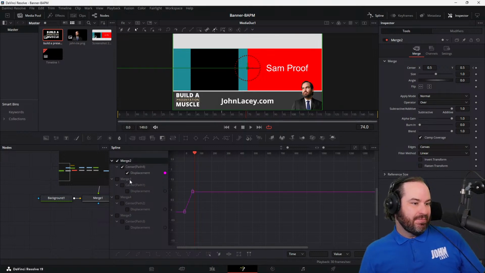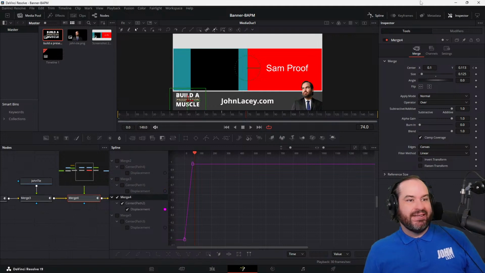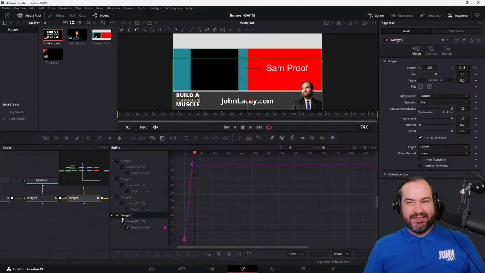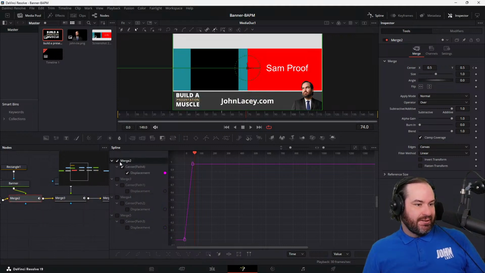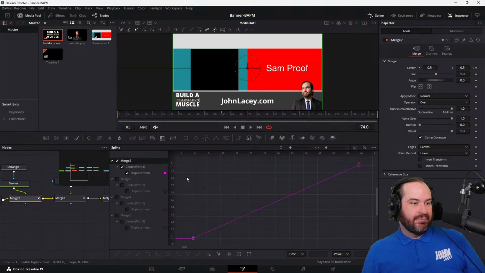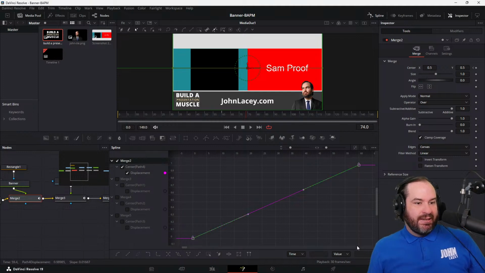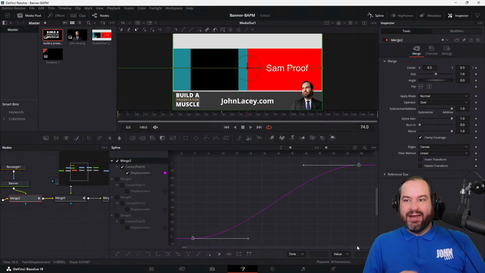Let's go to the merges and I'm going to bring on, I'm in the spline editor now. And it doesn't look like I can actually merge these all in the same way, but that's okay. Zoom to rectangle. Okay. So what I'll do, and I might do this for all of them, I will select both of those points, and I think it's the S key. And rather than being completely angular,